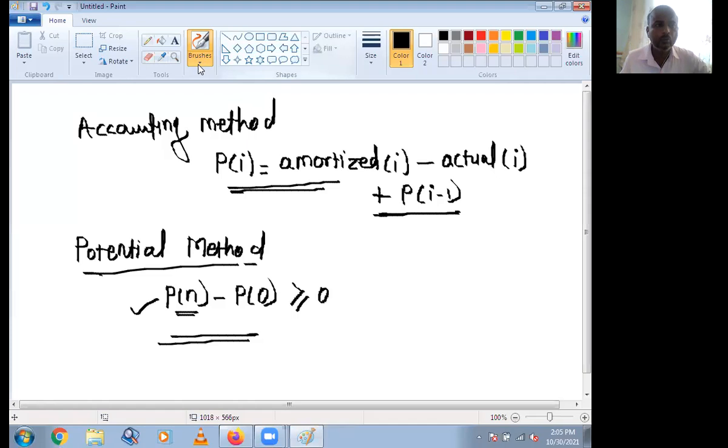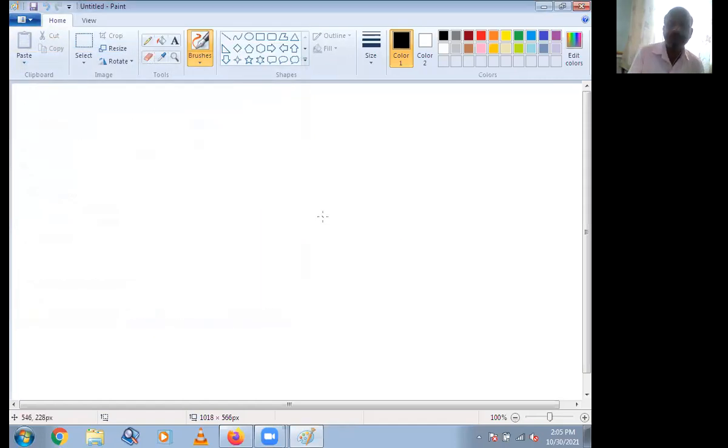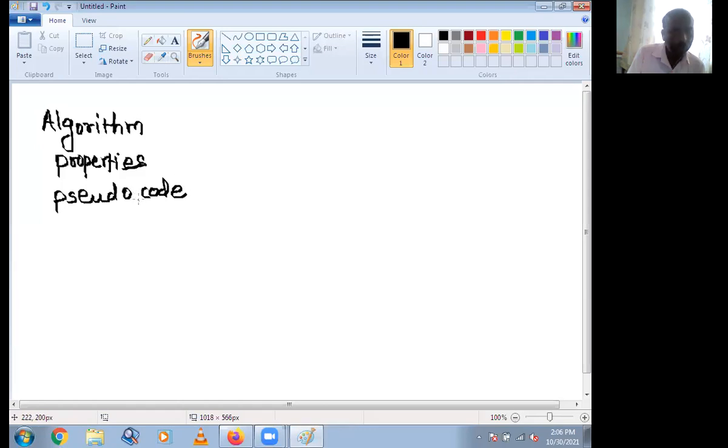In this chapter, we have seen first what an algorithm is, what the properties of an algorithm are, then pseudocode and the rules for writing pseudocode.